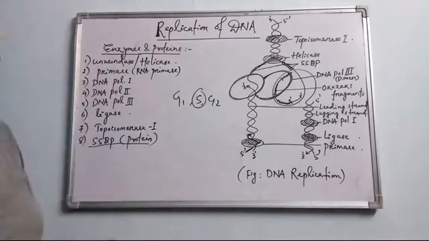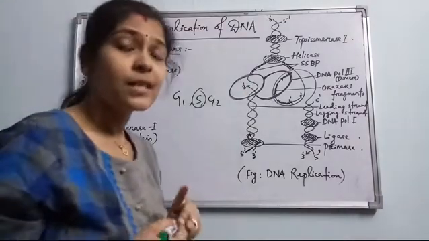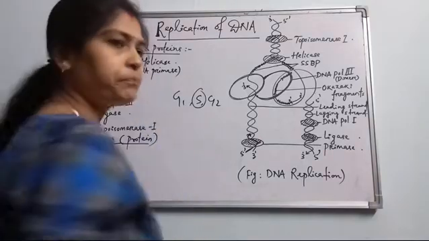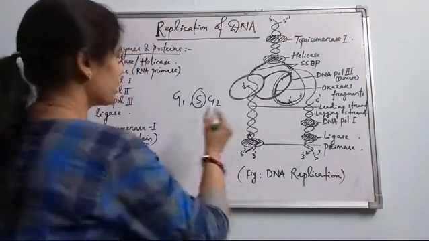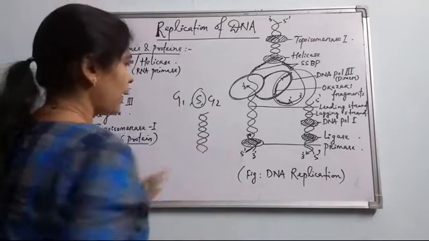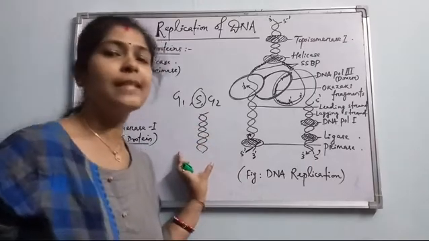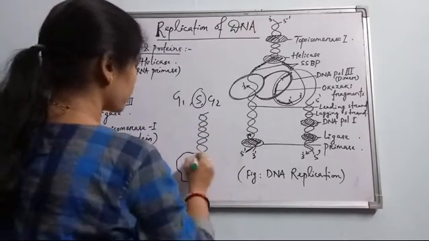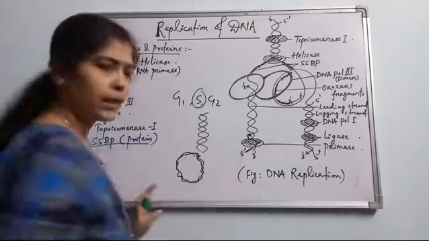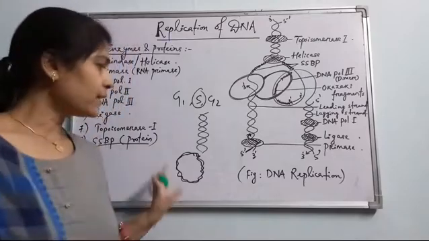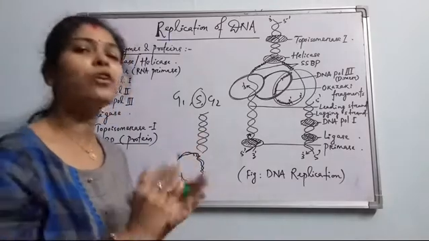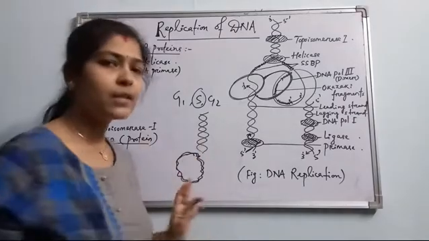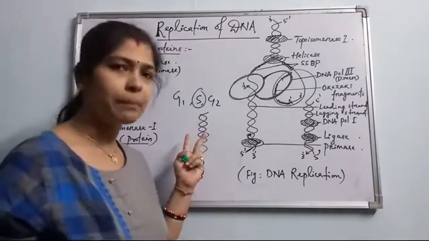Let's discuss the process, how DNA replication starts. We know that DNA is a double stranded structure, and this double stranded structure is linear in case of eukaryotes and circular in case of prokaryotes. But this double stranded DNA has to be first unwound, it has to be first opened up. The opening of these two strands is very essential so that the two strands act as templates to synthesize